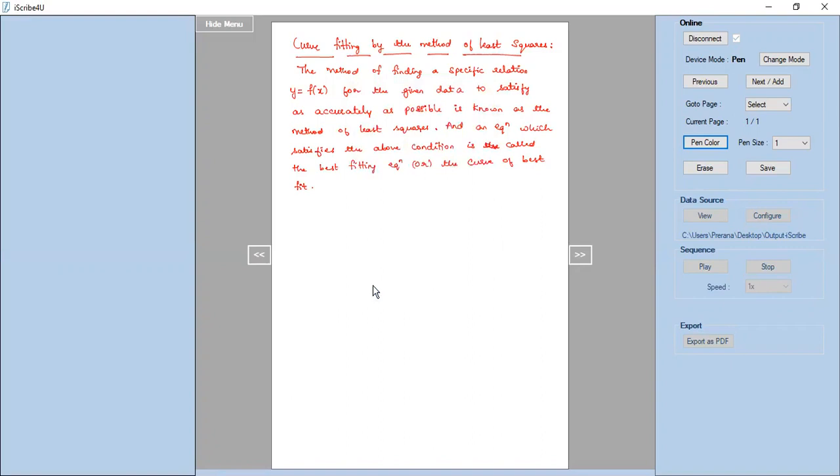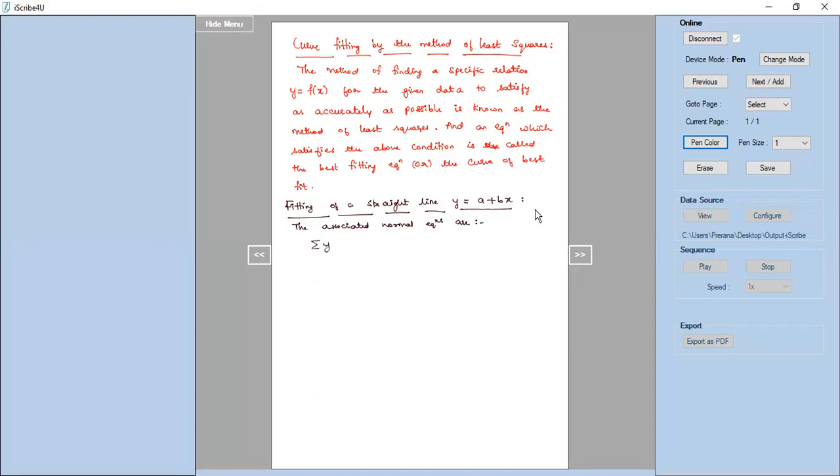So first, we'll see fitting of a straight line, which is of the form a plus bx. It might be the alternate form also. Here, first I'll consider a plus bx, so y is equal to a plus bx form. We are going to write down the associated normal equations for a straight line. And these normal equations will help us to fit the curve appropriately. So let us write down the associated normal equations.